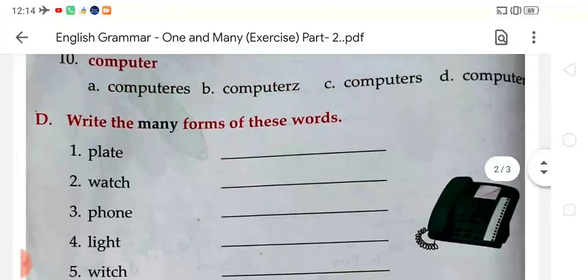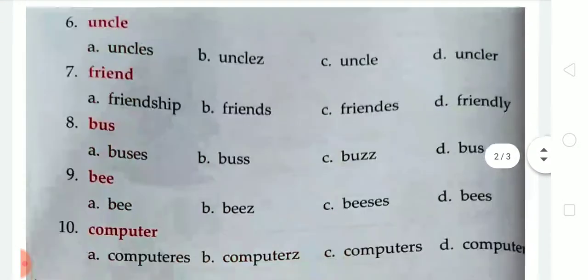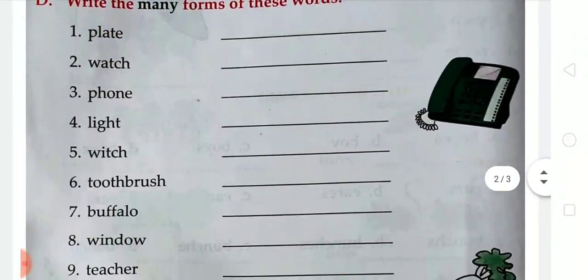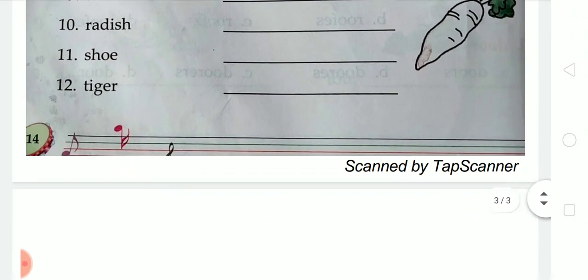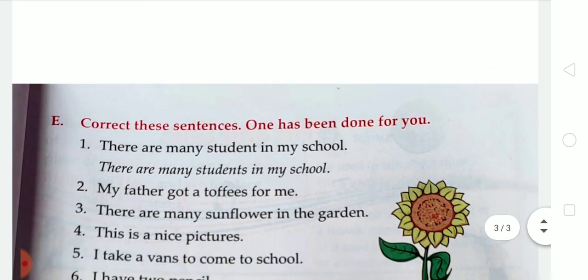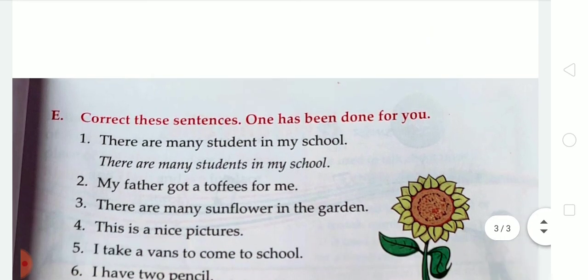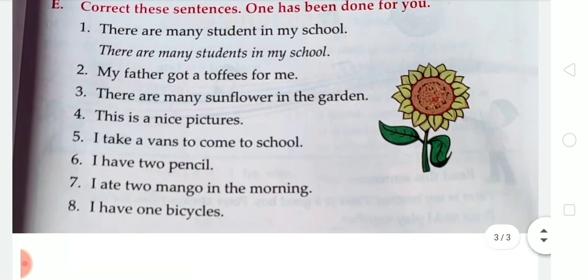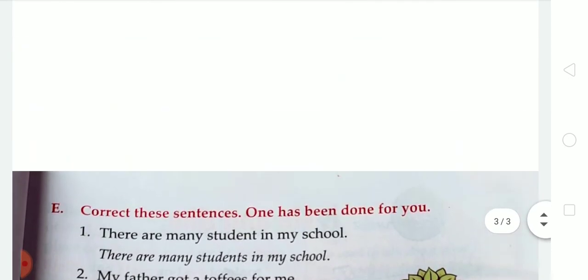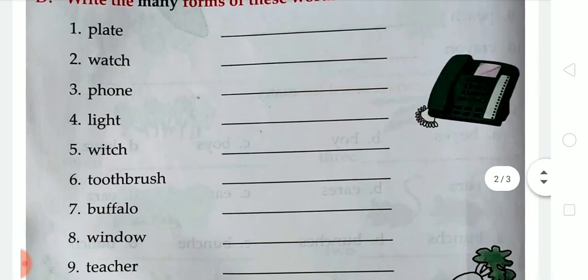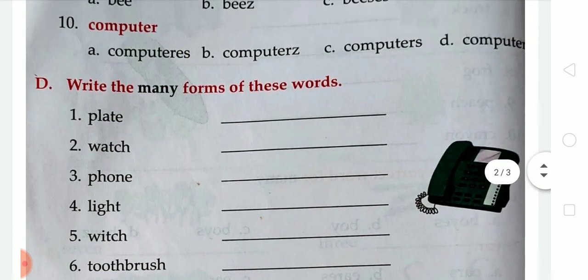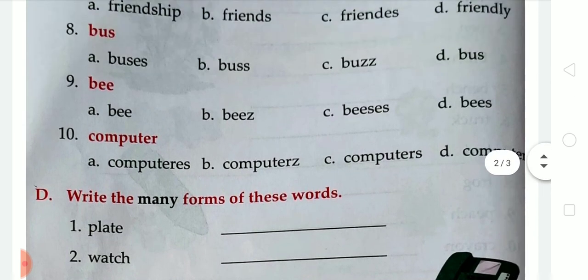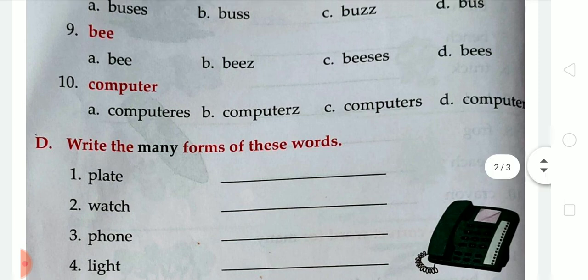So like this we have to complete exercise C and D in today's video. So dear student, that's it for today. And now the next exercise is exercise G. So I will explain this exercise in my next video. Okay student. So I hope you all understood how you can complete your exercises in your book. And dear student, you should also write these exercises in your notebook with good handwriting.